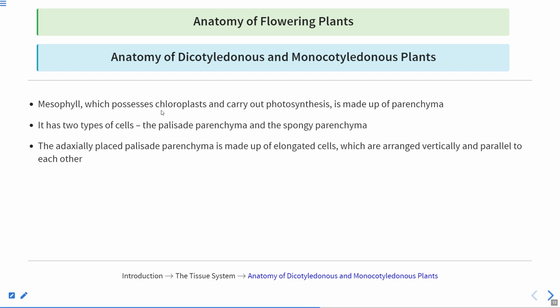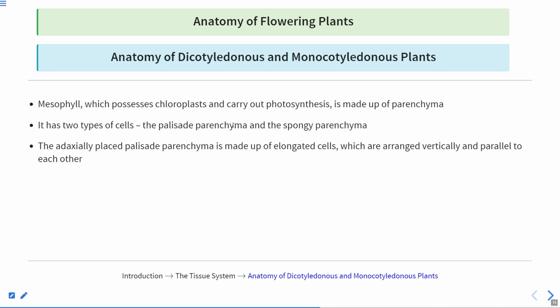Mesophyll possesses chloroplasts. If you see the mesophyll, it has a lot of chloroplasts and carries out the process of photosynthesis, and it is made up of parenchyma. So mesophyll cells have chloroplasts and carry out photosynthesis, and they are made up of parenchyma cells. It has two types of cells, the palisade parenchyma and the spongy parenchyma. So two types of